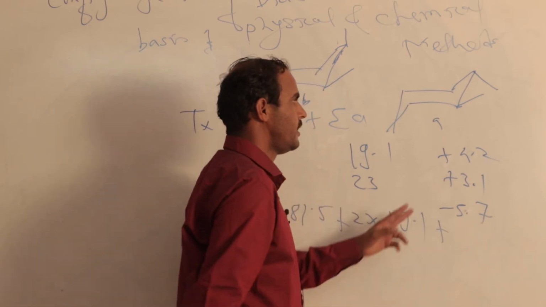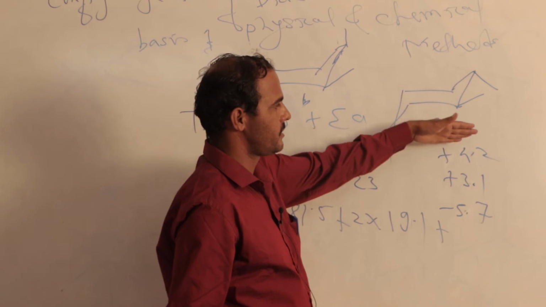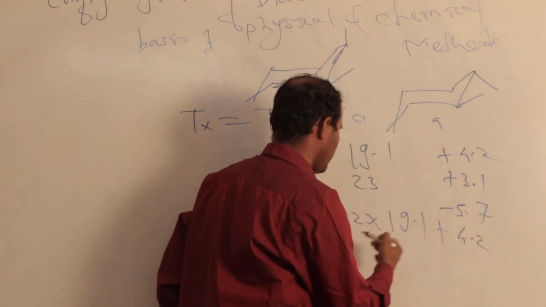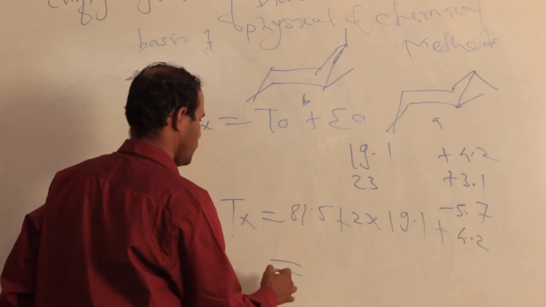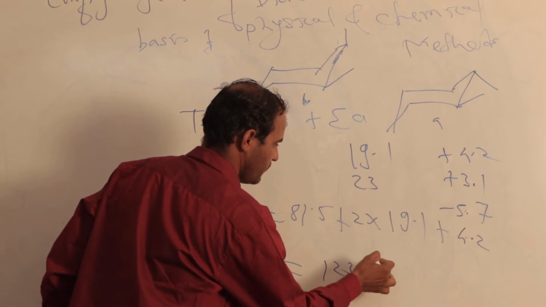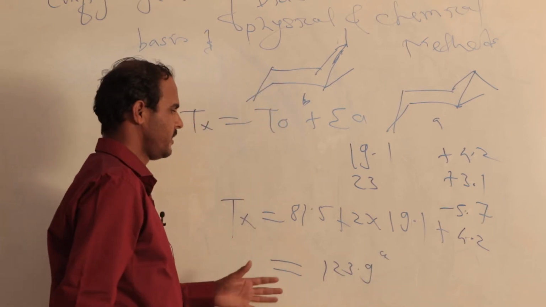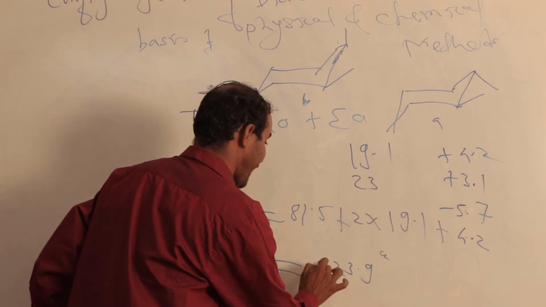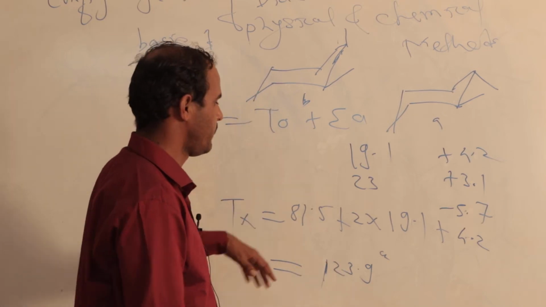So here 2 equatorial methyl groups are there, so add the increments 4 plus 4.2. In this way we calculate the boiling point, and their boiling point is 13.9 degrees Celsius, so near these values. So this is the calculated boiling point, and the boiling point of their experimental